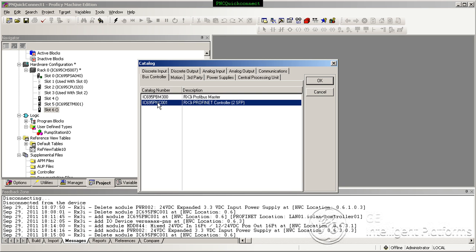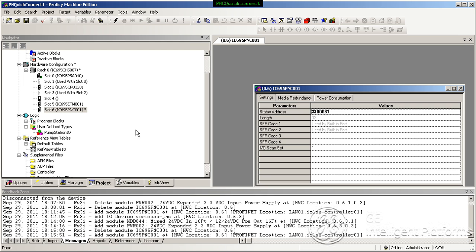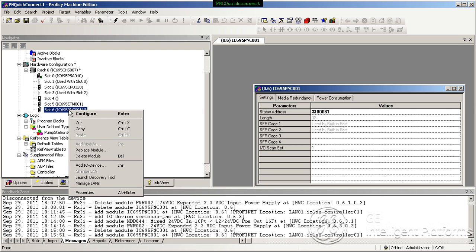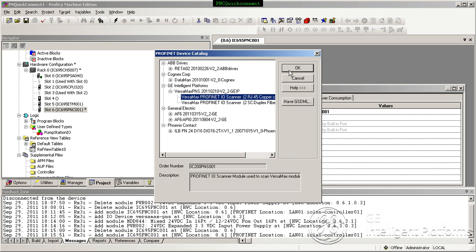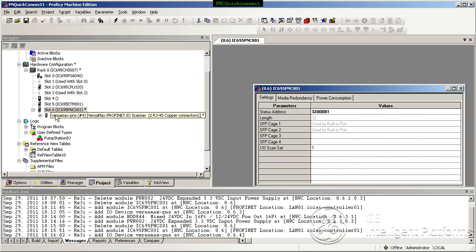So I go to the bus controller, go to the PNC001. I'm going to take all the defaults, expand it, add an I/O device, GE Intelligent Platforms. We're going with our RJ45. Next,